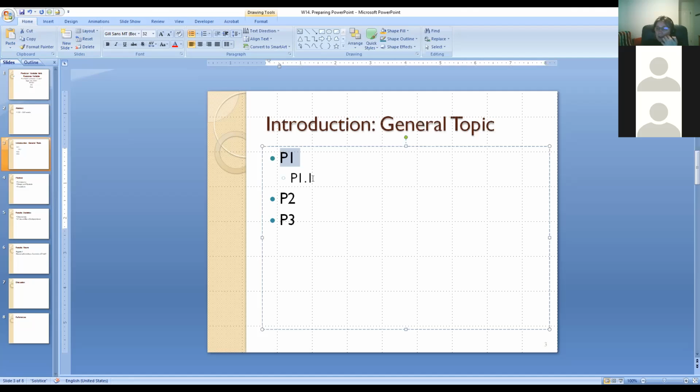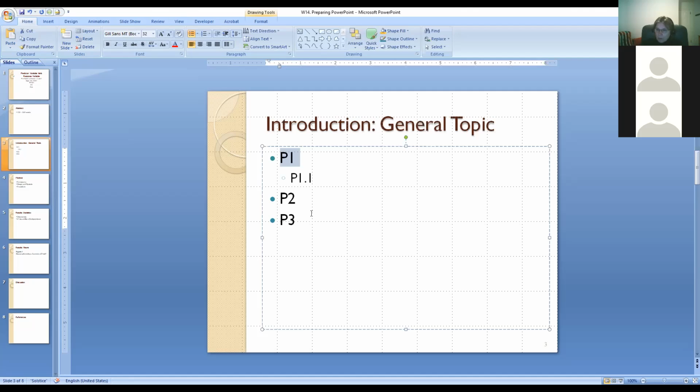So if you just cut and paste a whole paragraph and plop it into the slide, what PowerPoint will do, it will adjust the size of your font to fit it on the screen. So it may become 20. It may become 18. If you have lots of stuff, it may become 14. We're not doing that.